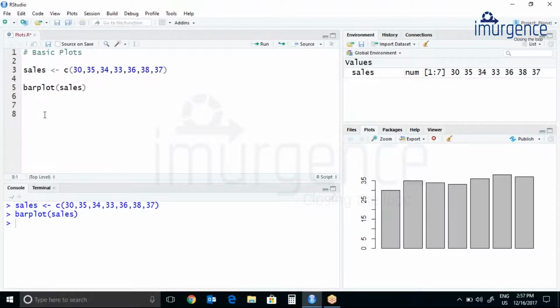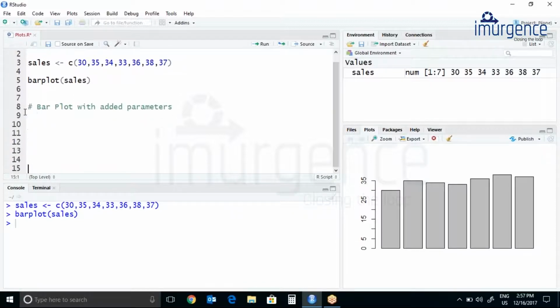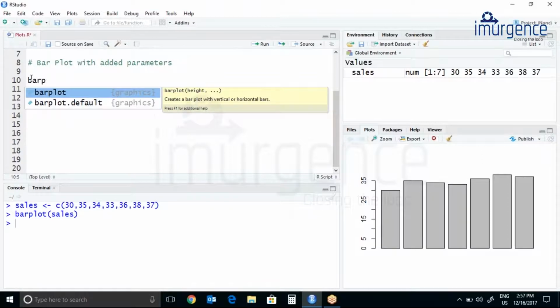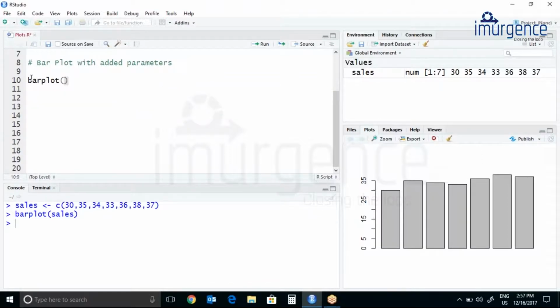Let's add some extra parameters to this, so we'll add more detailing to our plot. So barplot, let's put our data over here.